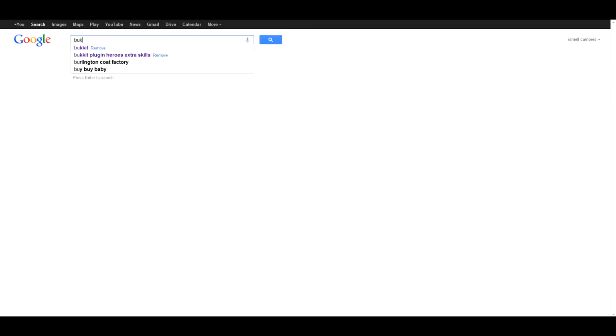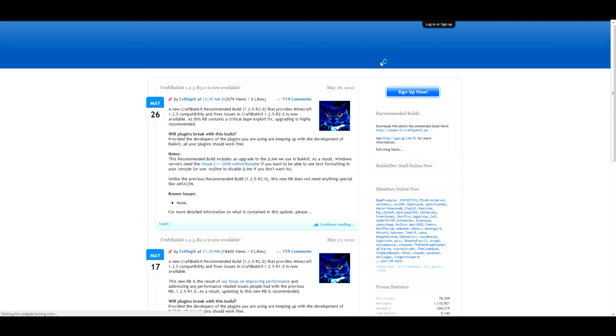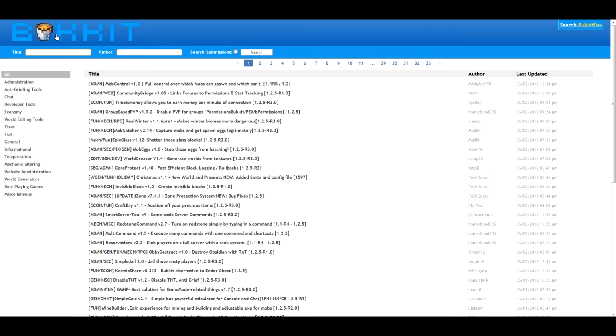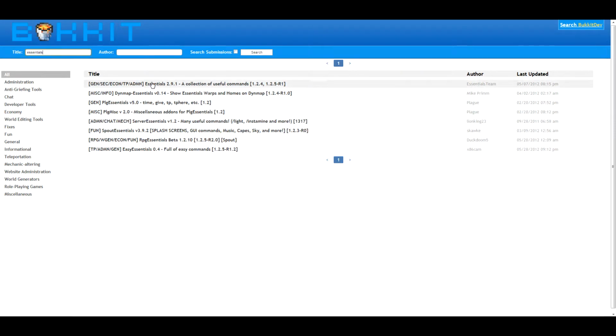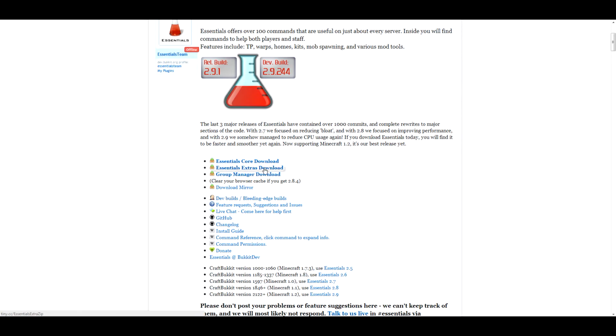To get there, we're going to type in Bukkit in Google, go to the Bukkit forums, get plugins, and type in Essentials. We're going to download Group Manager, which will be another video. That's like a permissions plugin. We're just going to download Core